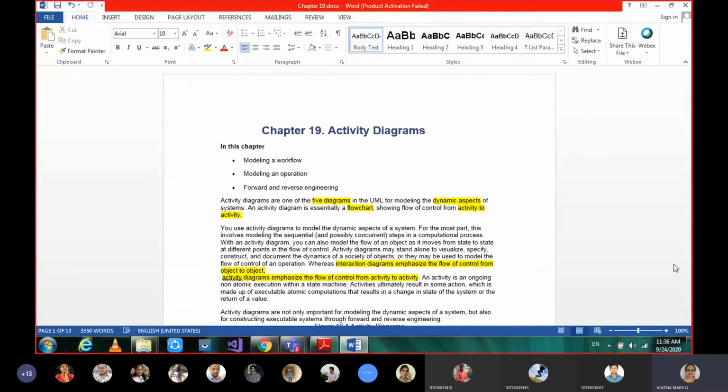First of all, we know what a diagram is. In every diagram chapter I repeat the basic concepts. A diagram is a connected graph with vertices and edges. What would be the vertices here for activity diagrams? What could be the vertices in the activity diagrams? They are nothing but the states.